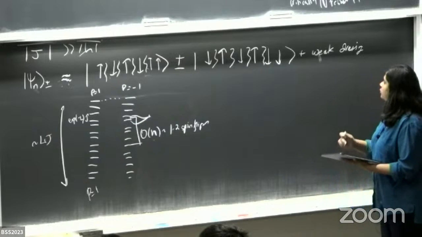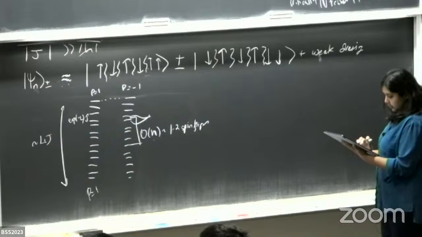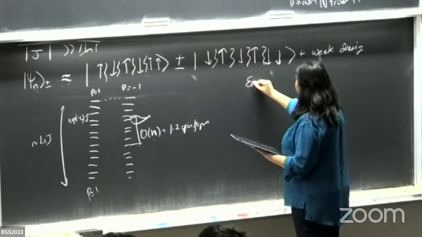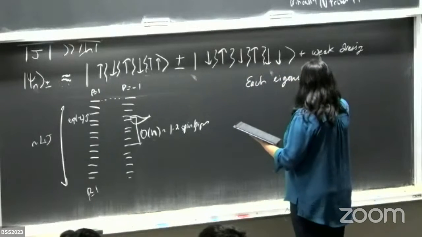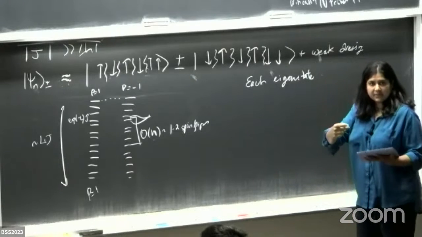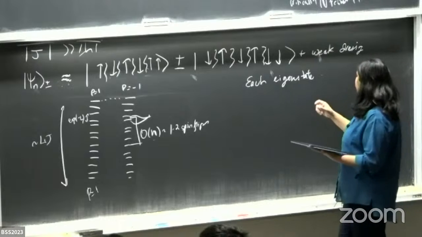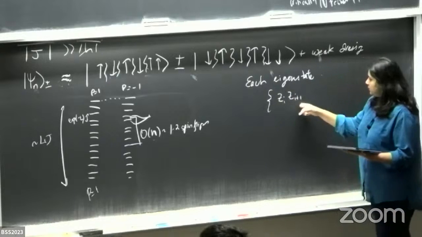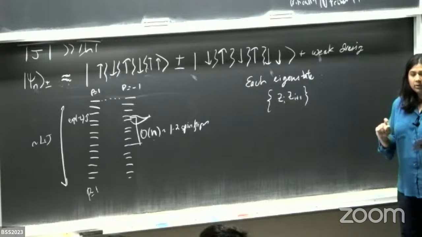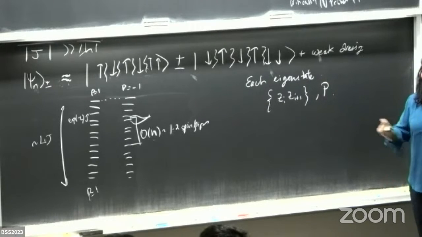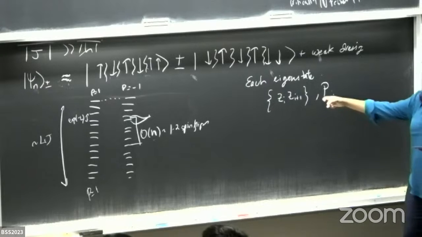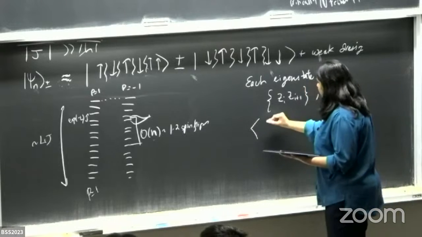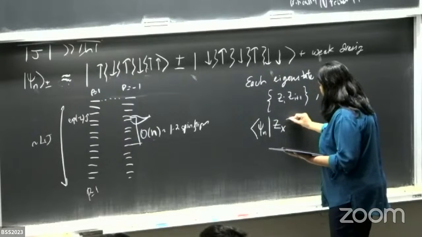So what I've done so far is to tell you that each eigenstate at h equals 0, this is exact. At h not equal to 0, I'll modify this in a moment. Each eigenstate is labeled by their eigenvalues under this set of stabilizers, Z_i Z_{i+1}, and the Ising reversed, and the Ising symmetry. Because they're all cat states, and this tells you where the domain walls in your cat states are. Now, if you go in and you measure your spin-spin correlation function,